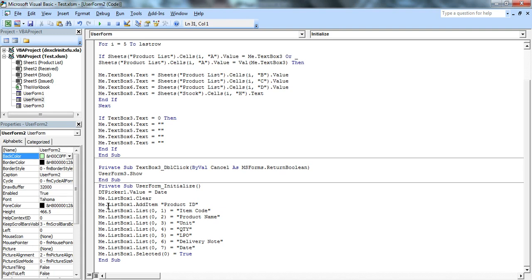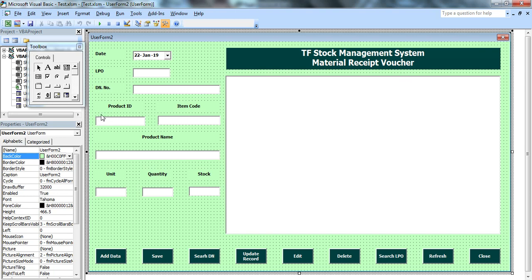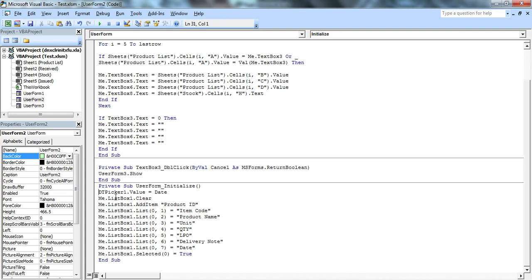After that, I want the headings of our Excel sheet to be displayed here, as I mentioned, product ID, item code. For that, I have given this code: me dot list box one dot add item product ID. So in the first row, first column, this product ID heading will be displayed.